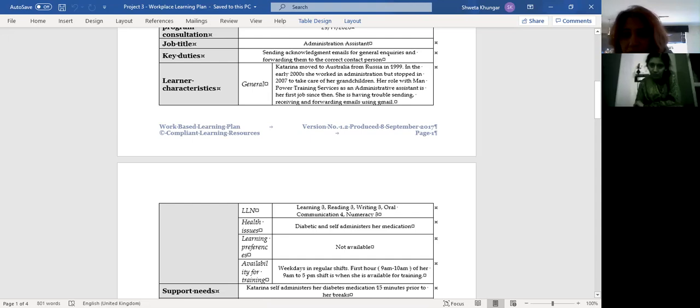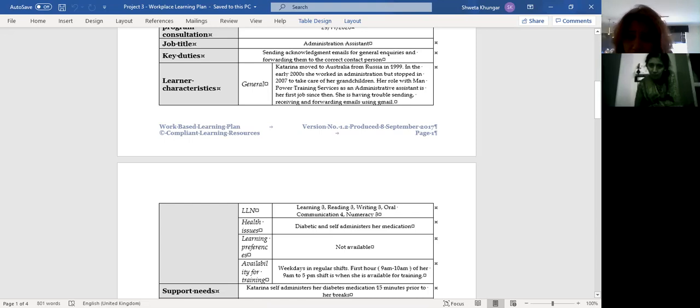In the 2000s, you worked in administration, but because you had to take care of your grandchildren, you stopped, and then you started back again in 2007. That's a good break that you had there. Welcome to Manpower Training Services again. Your role as an administrative assistant is your first job after having your grandchildren.